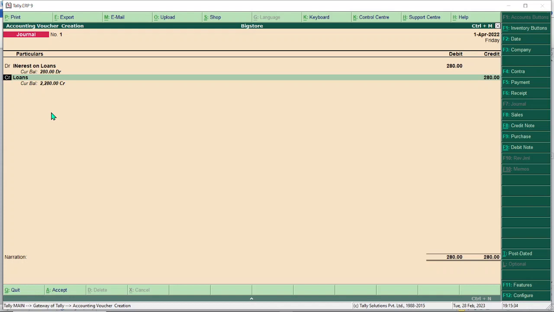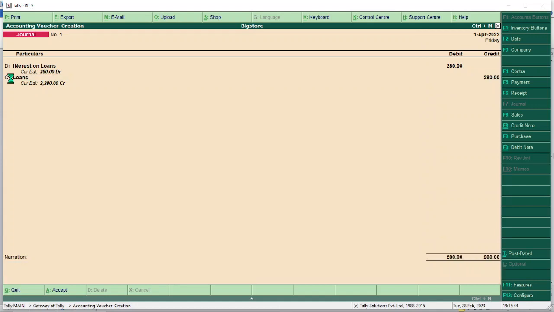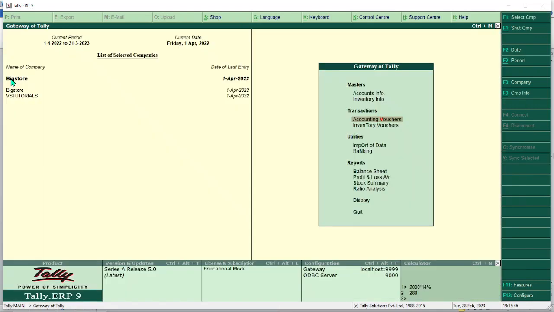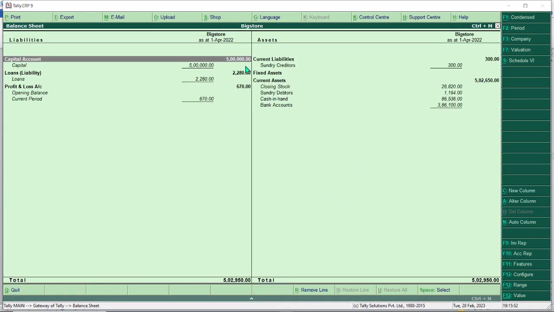Dr is already Cr. Let us see. So if I see my balance sheet, it is my interest of 280 rupees. So it is interest, and when I have to pay it back,